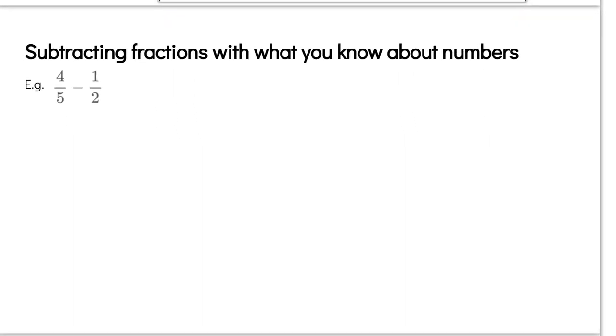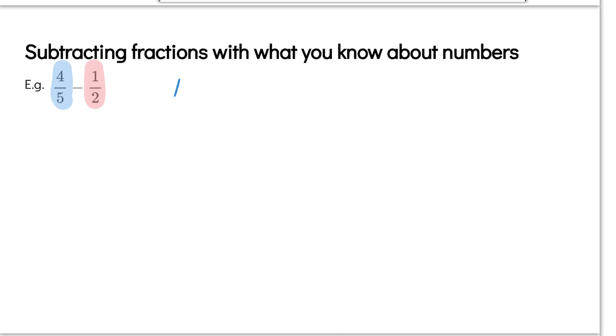Let's look at the next one. Subtracting fractions with what you know about numbers. What is 4/5 minus 1/2? To use this method, it's helpful to think of a number that can easily be split up into 5 equal parts and 2 equal parts. And the first number that comes to my mind is 10. So if I have